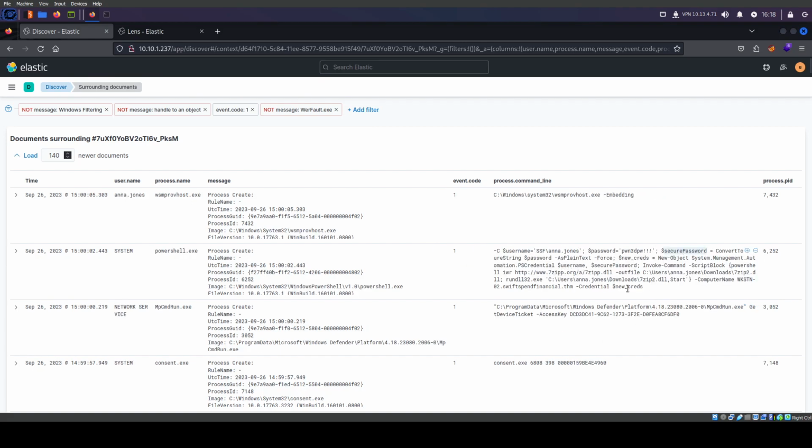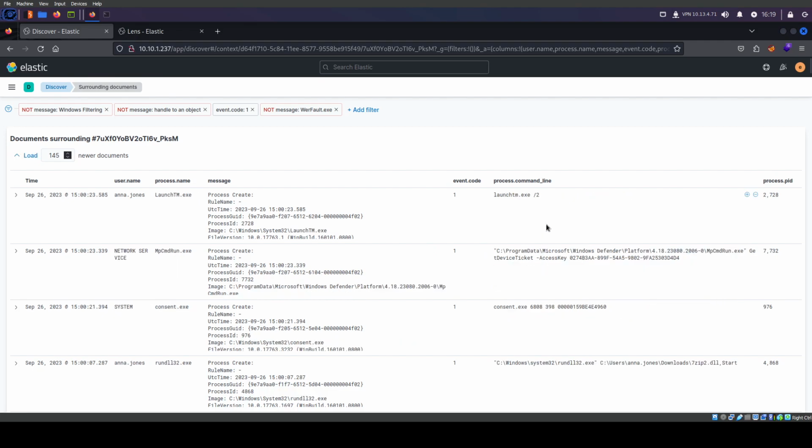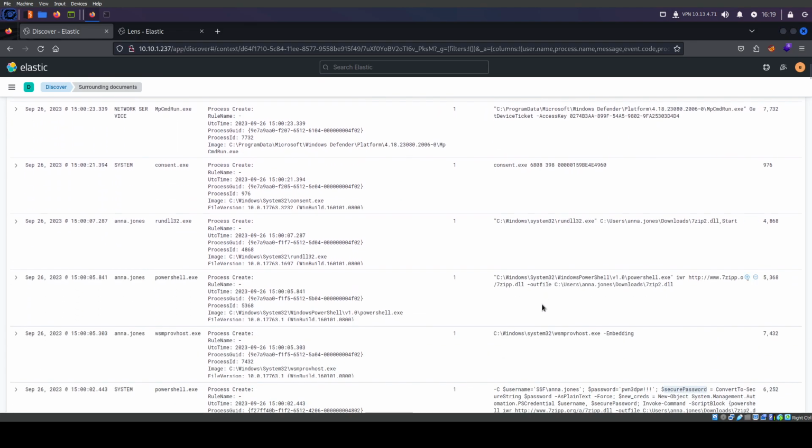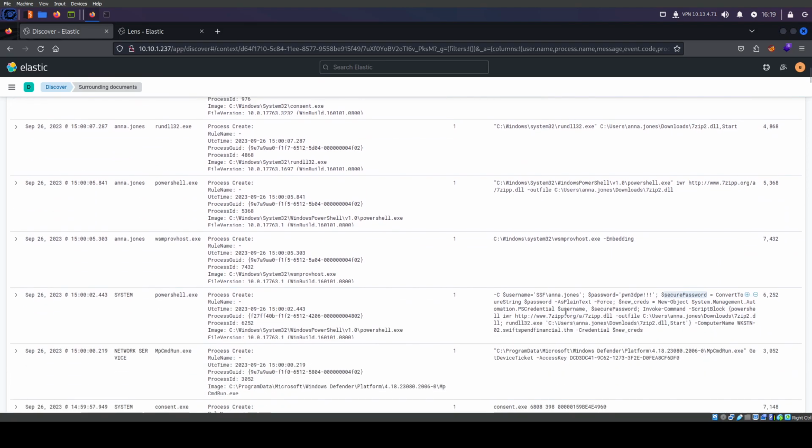Secure password. New credentials. So it's trying to enumerate. Right, it's trying to enumerate. Let's see. More. Okay.